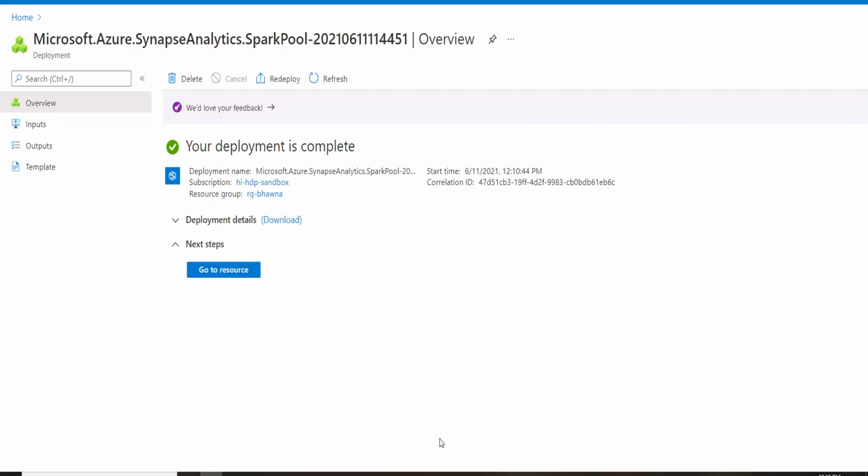So let's say we have created this Spark pool 05 right now. Whenever I submit a job, it will check whether I have a Spark instance created for that particular pool with the same set of configurations or not. If yes, then it will go ahead and submit my job to that particular Spark instance and run that job.